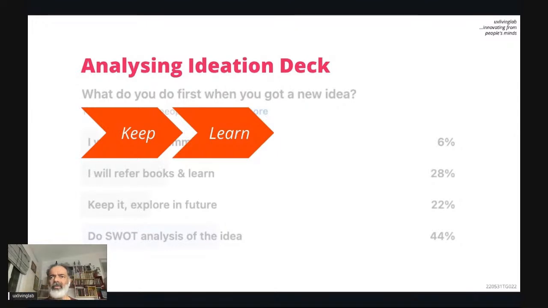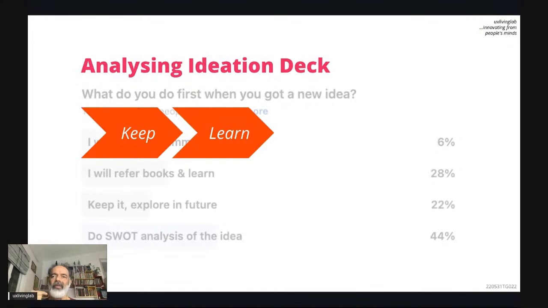List it down. Don't keep it as a history. That is useless for ideation. Historical information is useless. So you keep it, then transfer to tomorrow. Tomorrow morning, you have to refer to it. In the evening, transfer to tomorrow, then tomorrow morning again. That's the way. Your mind should look into that idea at least one or two times in a day. Then only are you expanding to the next level. So keep it, then learn it.